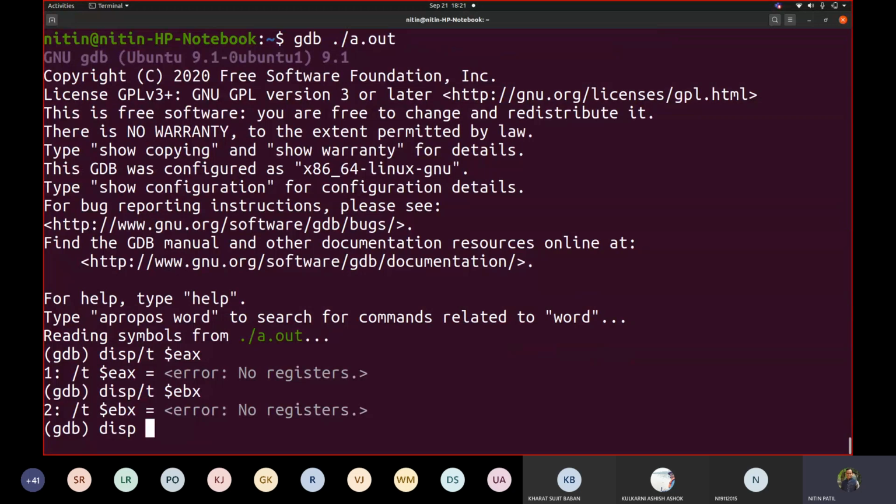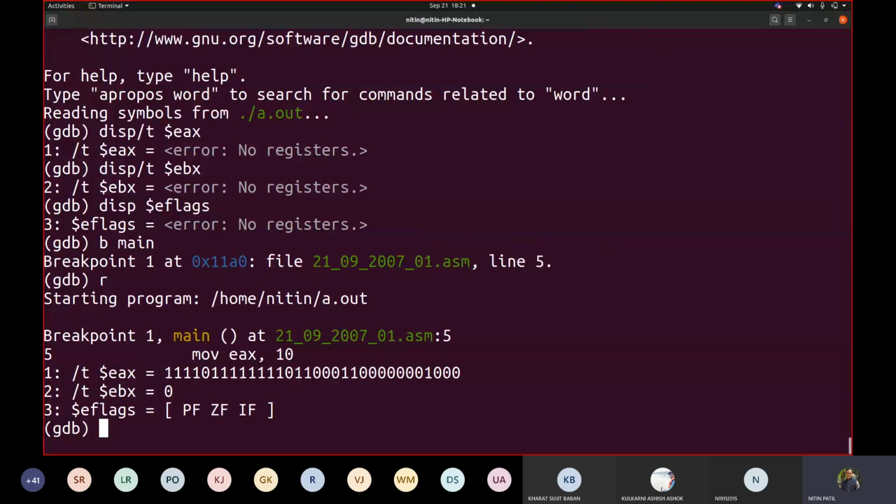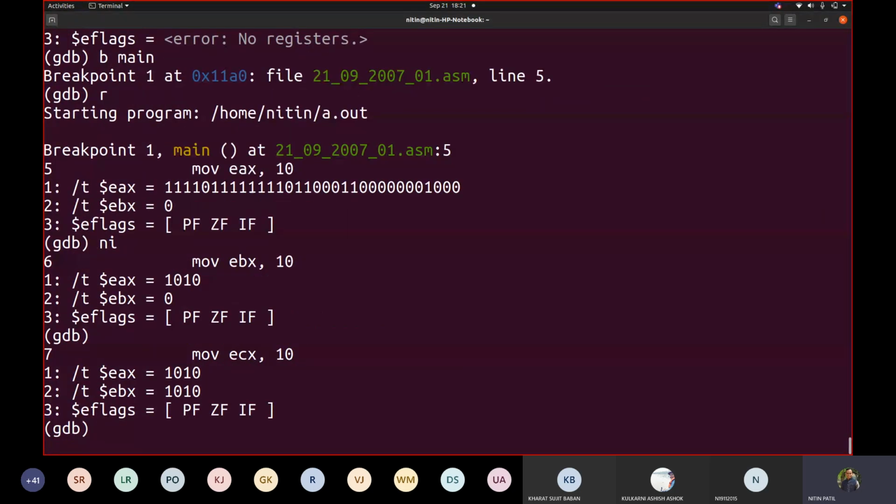So if I go with this again, NASM, GCC, now debug, display, we will take slash T only, $EAX, EBX, display $EFLAGS, breakpoint main, run. Now see, this is 10, 10, both the values are 10, correct? Now if I subtract both, like EAX from EBX, what will happen? What will happen? Result would be